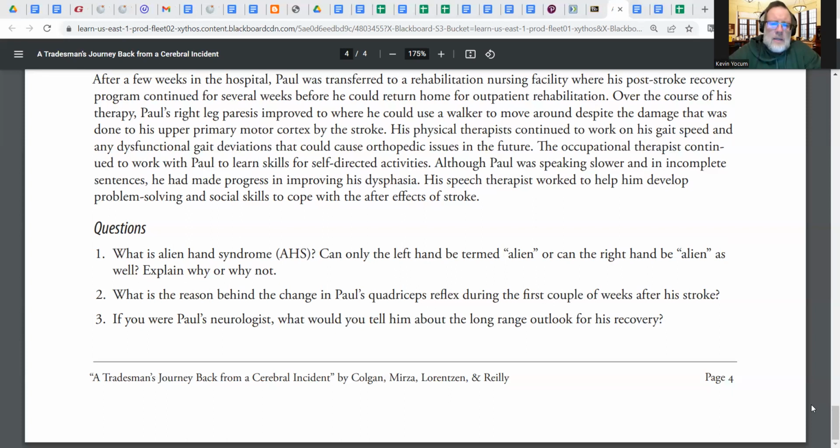Now, the reason behind the all of a sudden, remember, he started having more spasticity, more hyper-reflexive behaviors. They're not entirely sure, but what makes sense to me is that you have hypo-reflexive behavior as a result of not being stimulated anymore. So the lower motor neurons go from a constant state of stimulation to nothing. And as time goes on, after the initial shock is worn off, these lower motor neuron cells, I think they probably start to upregulate or increase some of their own